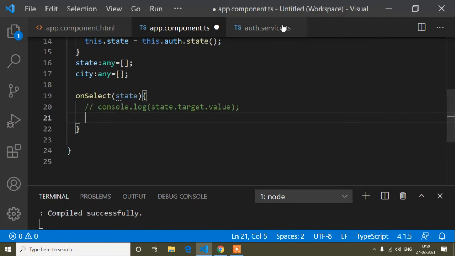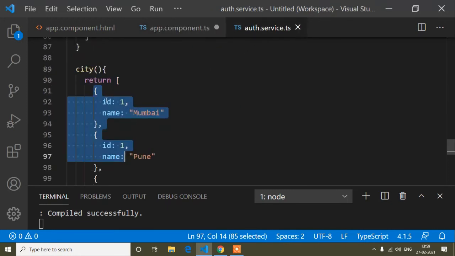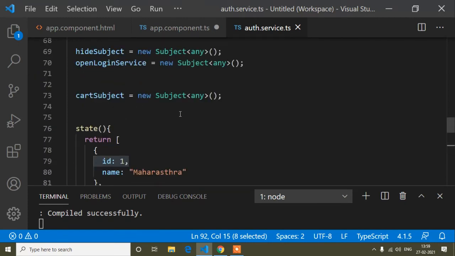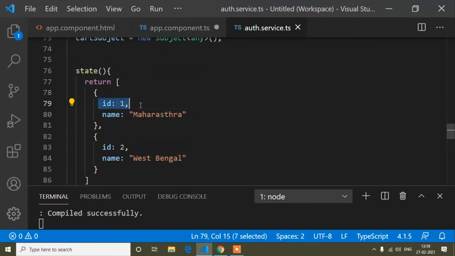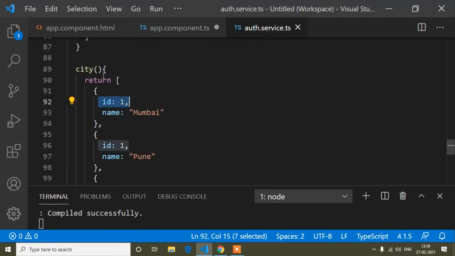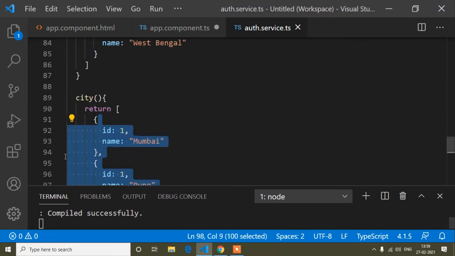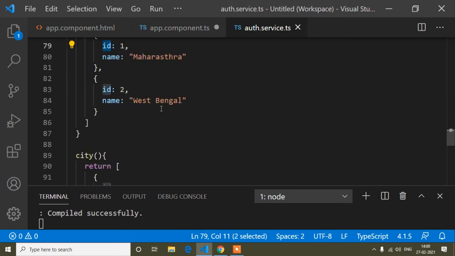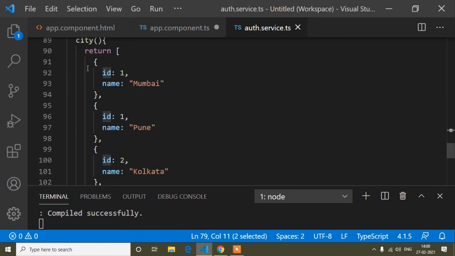Filter means guys, when this state ID matches with our city's state ID, it will be shown. So suppose if I click on Maharashtra, Maharashtra ID is 1, so this ID will be matched with this 1, and at that time the cities will be shown.